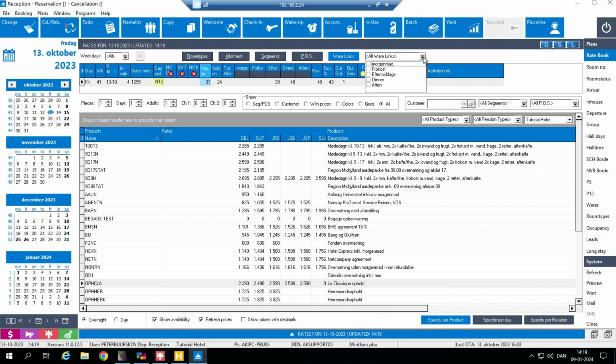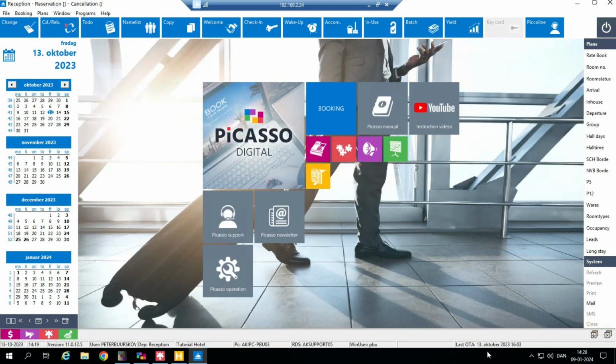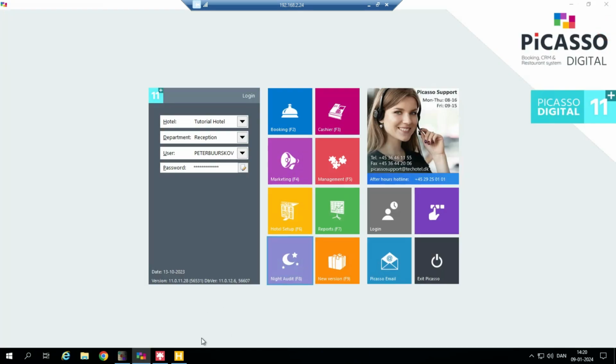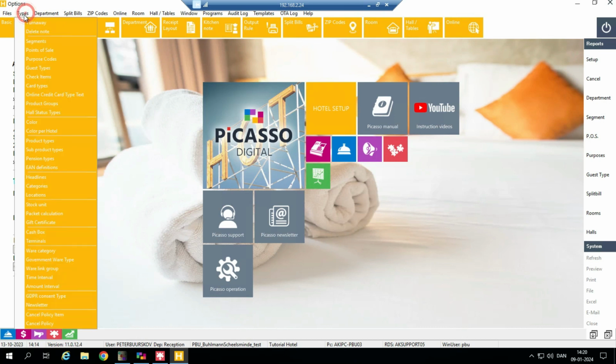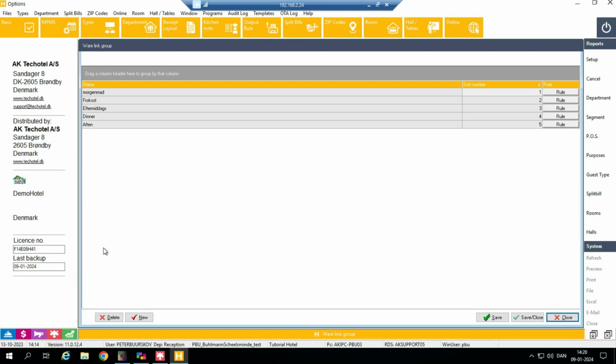The way you create these is to shut down here, and then we go out to Hotel Setup and into Types. Press Types there and go down here, and now you have the where groups. Here you find them again, the standard ones: breakfast, lunch, afternoon, dinner, and evening. I need two extra ones. The first is because I'm serving